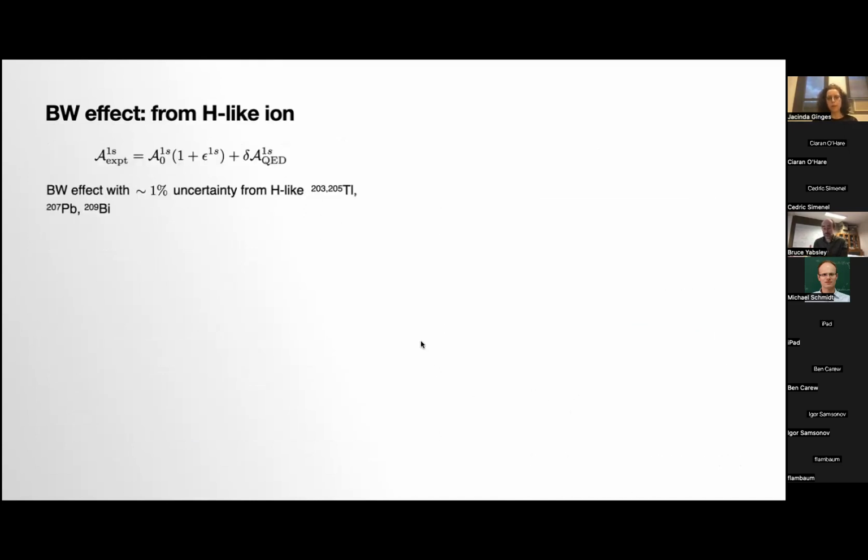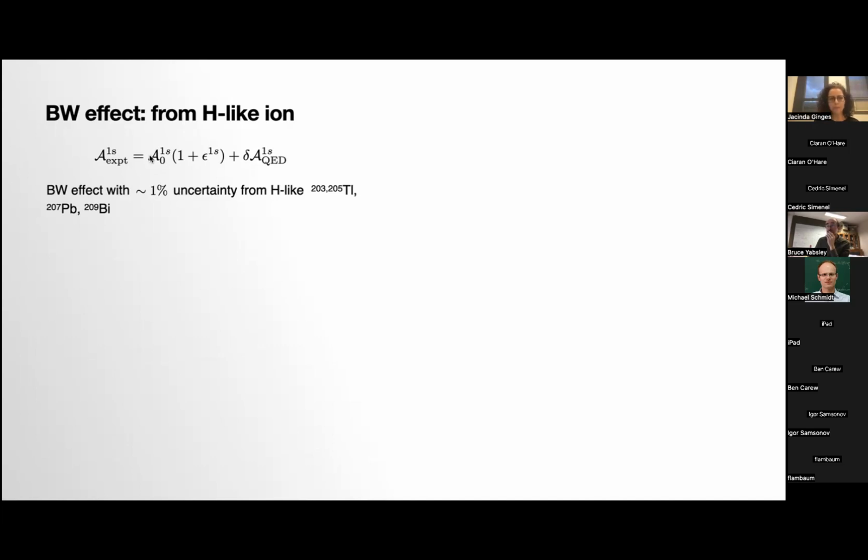Okay, so two other things, and then we can wrap up. This idea that you don't need any input from nuclear structure, because even if you do sophisticated nuclear structure, the Bohr-Weisskopf effect uncertainty is so large that it's still not of interest to us and doesn't help us in this comparison. But let's say we want to obtain this correction.